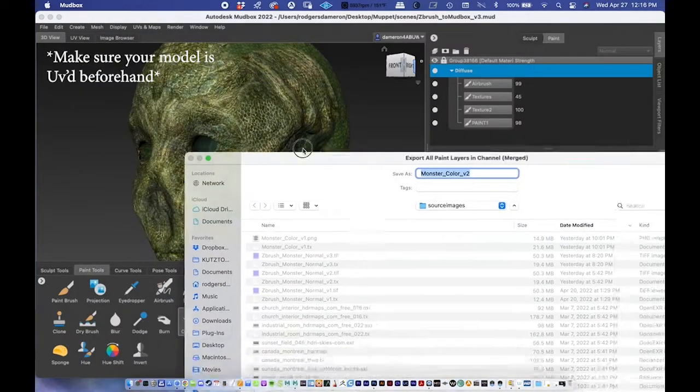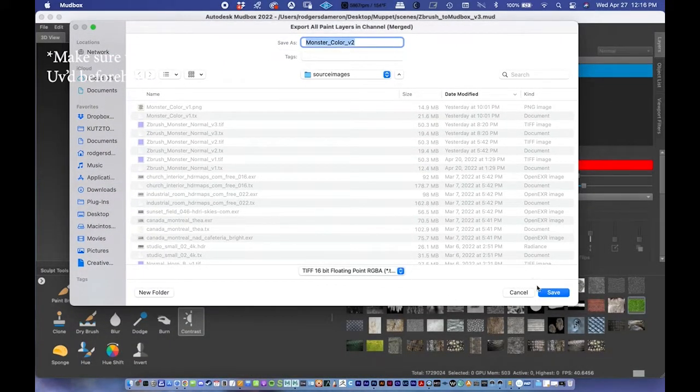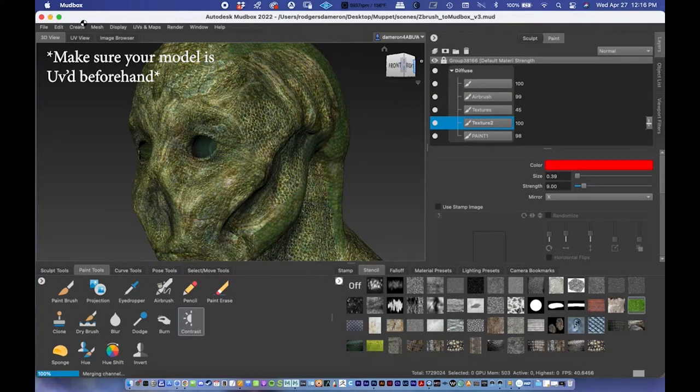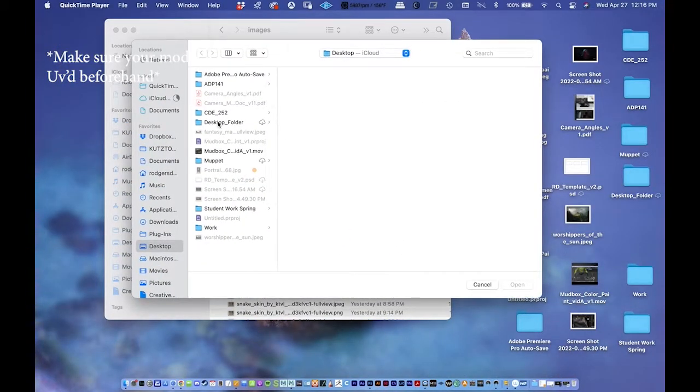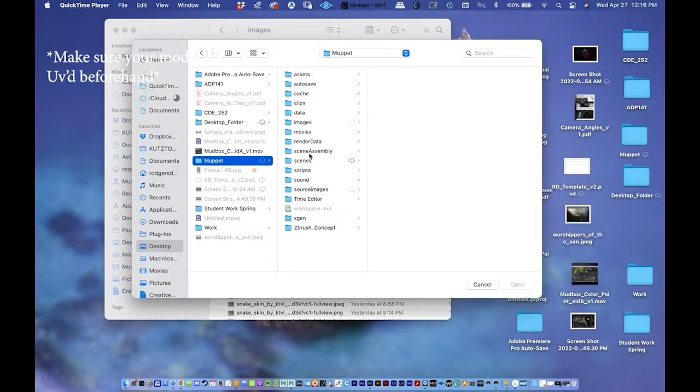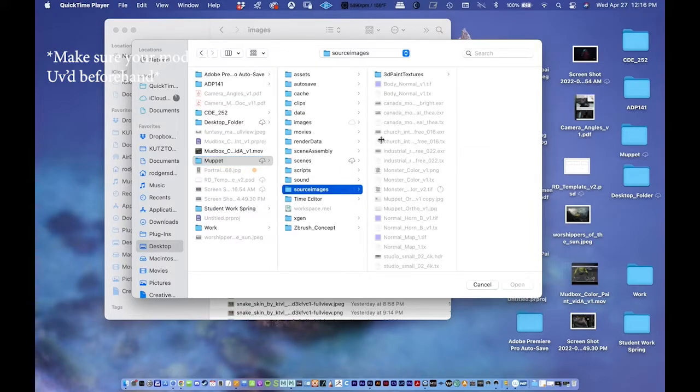because I'm going for an ultra real thing, and I want to make sure I spare no expense, if you know what I mean. So I'll press save. It'll take a second to think about it. And here, if I go down and go under my source images,